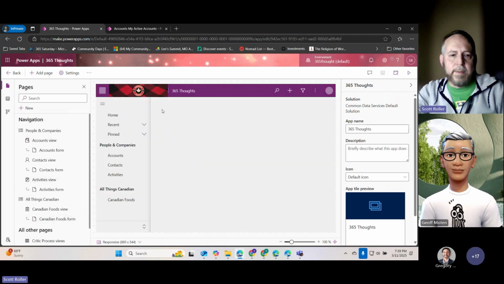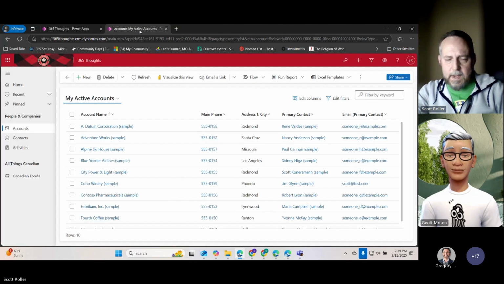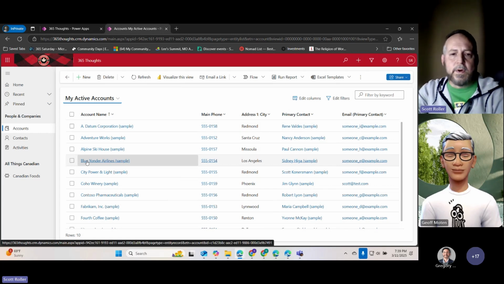And it's taken a while to load, but here it is. So here's the editable version of my app that I'm going to show you. So I did launch it before. And so launched in non-editable form, this is what it looks like. So if you're familiar with Dynamics 365, it looks exactly like Dynamics. The same